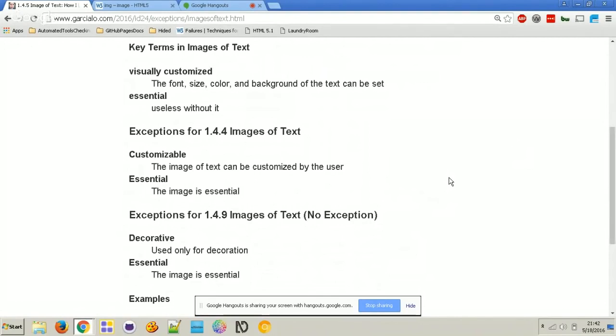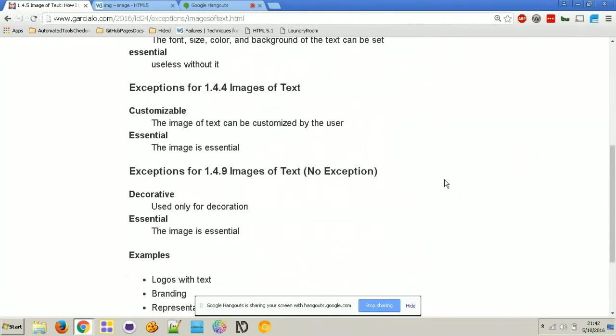Another exception is if the image of text is essential, like something wouldn't work because of that, then it's exempt. And for 1.4.9, which has no exceptions, if it's essential, then it's exempt, just like for 1.4.5. But additionally for 1.4.9, that's not specified in 1.4.5, if it's decorative text, then it's exempt. So if it's used only for decoration, then it's exempt.